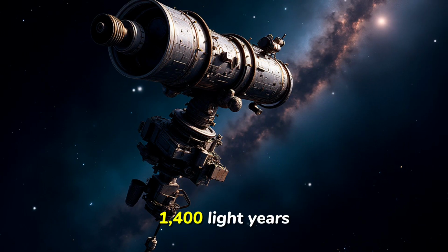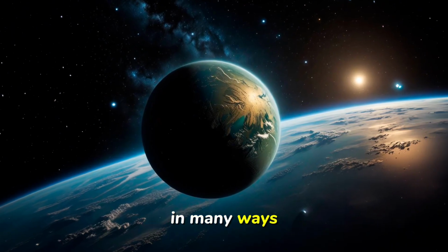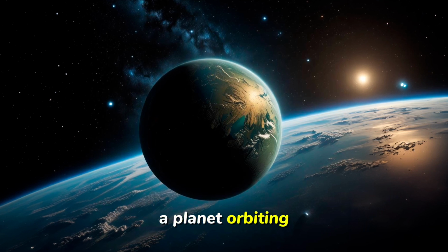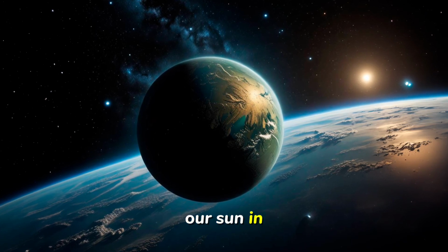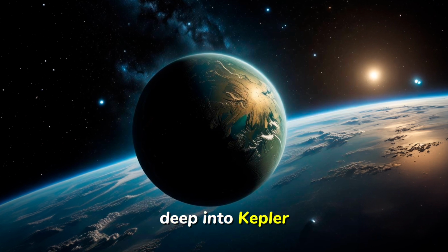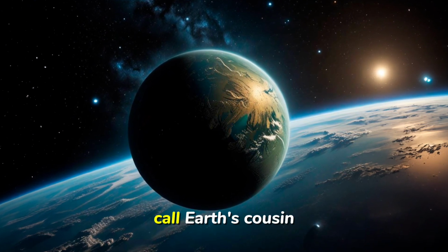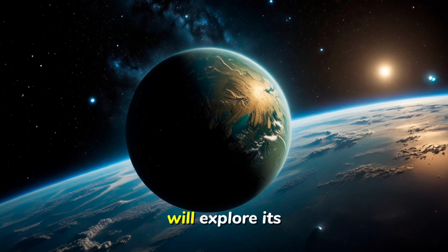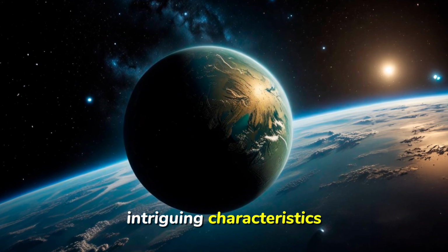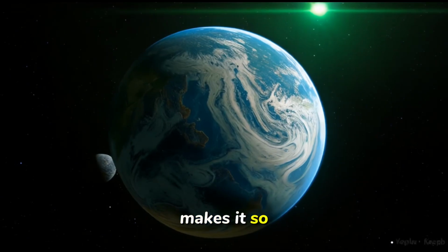Imagine a planet 1,400 light-years away that resembles Earth in many ways. A planet orbiting a star like our Sun in the habitable zone. Today, we're diving deep into Kepler-452b, an exoplanet that scientists call Earth's cousin. We'll explore its intriguing characteristics, consider its potential for life, and discuss what makes it so unique in the search